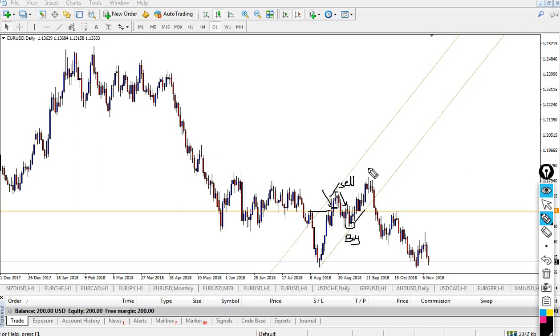We don't know the future, we don't know what happens after this. We are right now here and we are taking our buy. Now what happened next? According to our support and resistance, which tells you where the market normally rebounds, or you can say reverses, let's take a resistance line here. We connect here and then we connect here.